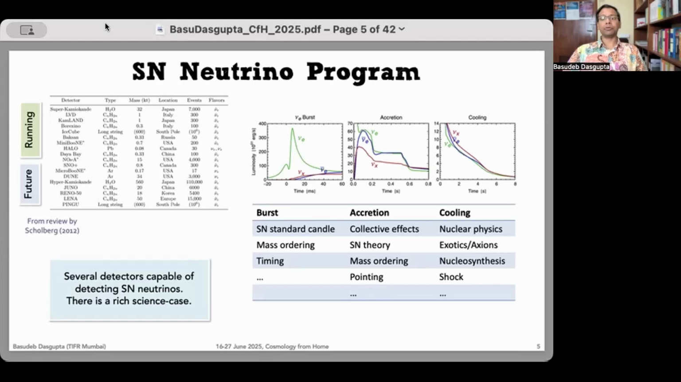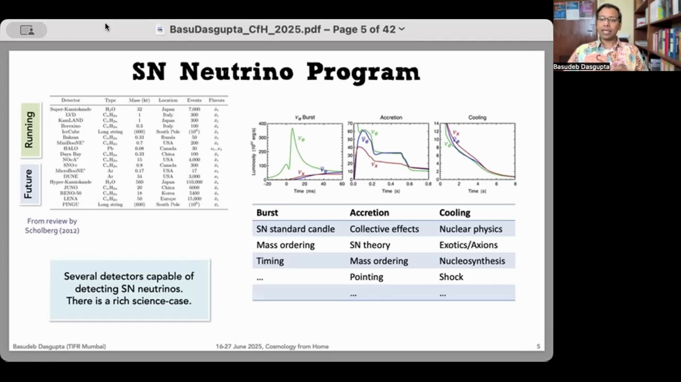You're also sensitive to the neutrino mass ordering, which is to say whether the neutrinos have a normal mass ordering or an inverted mass ordering. This has to do with whether M1, M2, and M3 are arranged as so, or M3 is actually lighter than M1 and M2. You could be sensitive to the timing of the burst, and this could then serve as an early warning trigger to optical telescopes, which will see the optical display once the supernova explodes, maybe six to 24